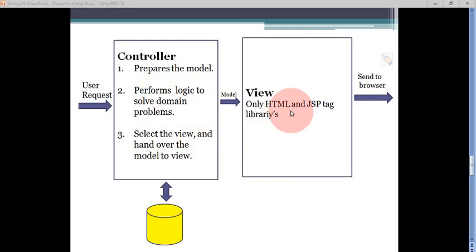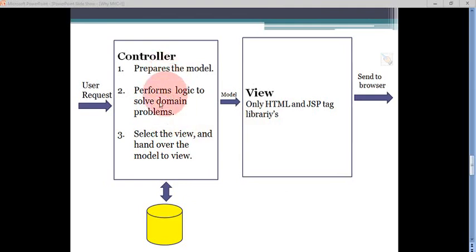Thin means the responsibility of the view is only to generate the contents in the form of HTML, but the controller has thickened. Thickened means there are lots of responsibilities taken by the controller: to query the database, to perform the logic, and to prepare the model.